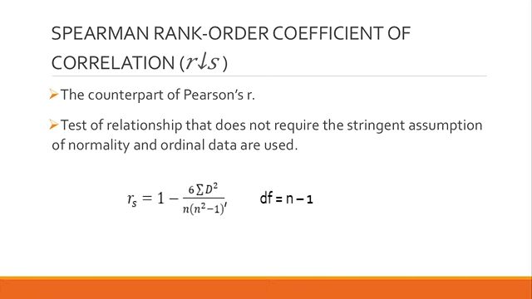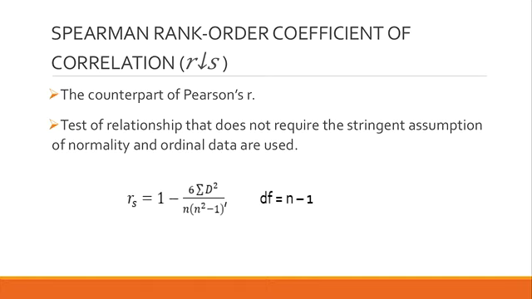So, Spearman rank order coefficient of correlation, this is R sub S. Ito yun, R sub S. It is actually the counterpart of the Pearson's product moment coefficient of correlation or R. So, kung ang Pearson's ay R, ang Spearman naman ay R sub S, subscript yung S. So, this is a counterpart, and just like what the Pearson's R tests, the Spearman also tests significant relationship that